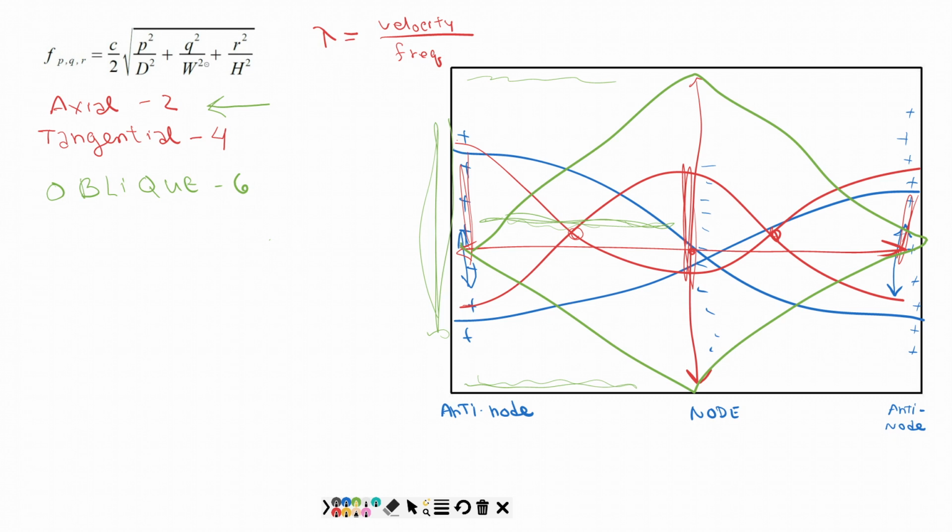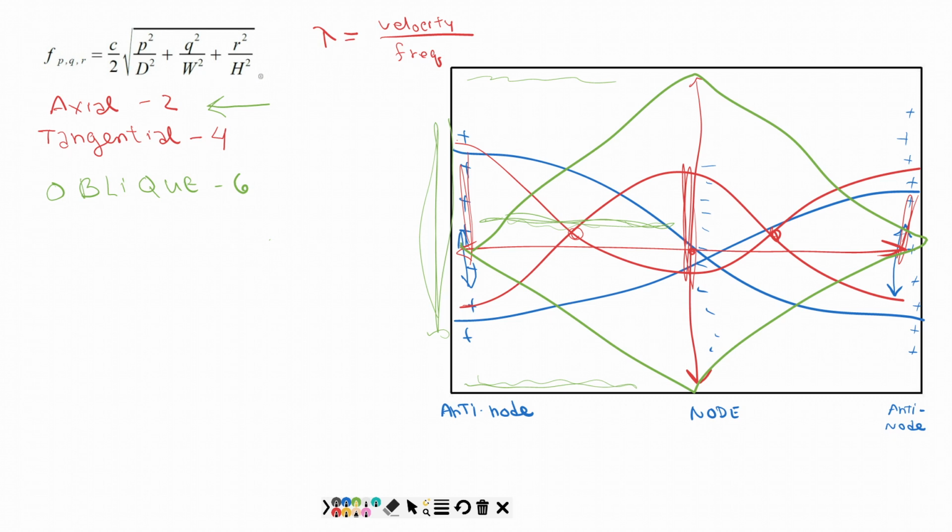So if you want to find the fundamental for the depth and the width, you would put a 1 in here for P, and a 1 in here for Q, and a 0 for R. If you want to find the fundamental for the width and the height, 1, 1, 0, right? And, like I said, you put in the appropriate distances for the width and the height or the depth or whatever it is that you're looking for, and you grind that thing out and you come up with the appropriate